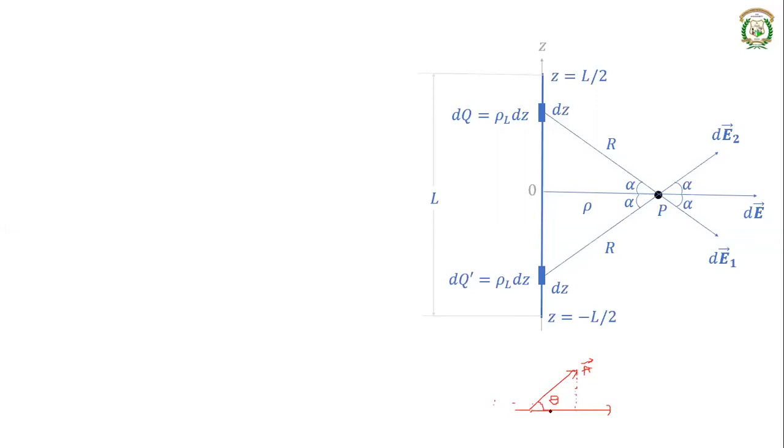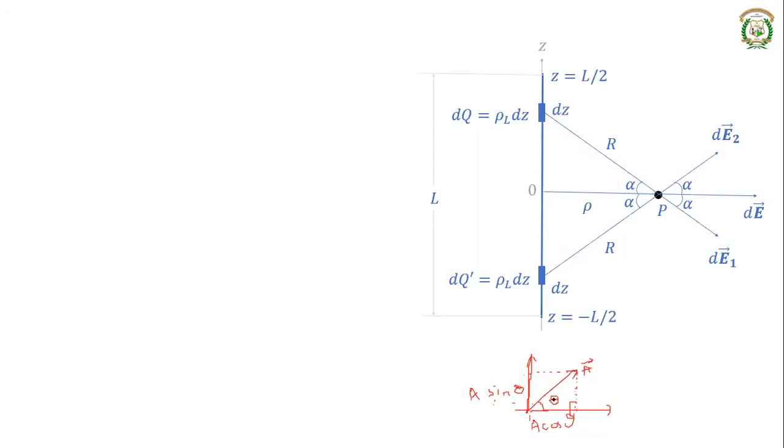If it is the horizontal axis, the length from here to here is the horizontal component. If you take the vertical axis and drop a perpendicular, this length is called the vertical component. So what is the horizontal component? Horizontal component is nothing but a cos theta, and vertical component will be a sin theta.